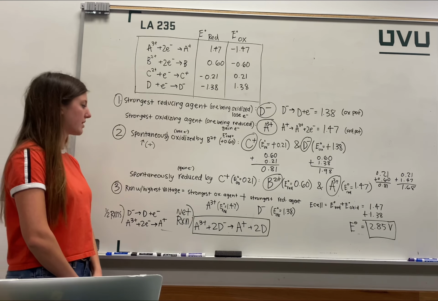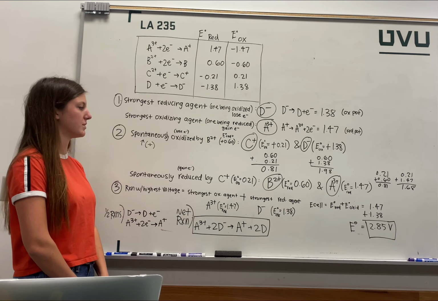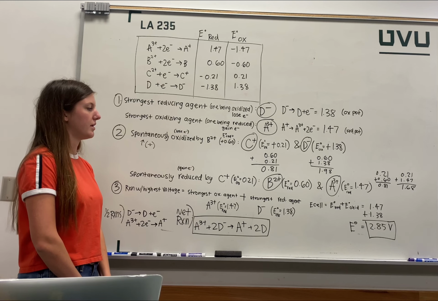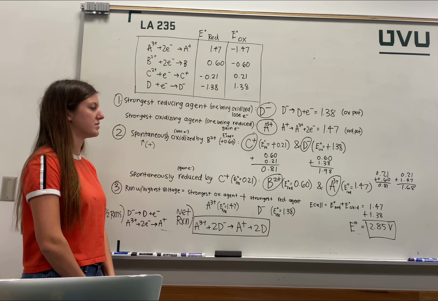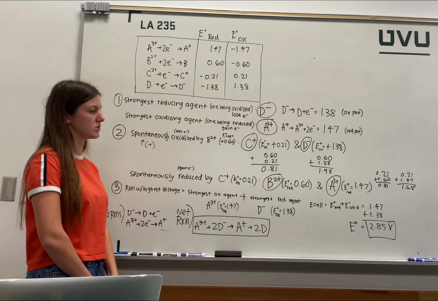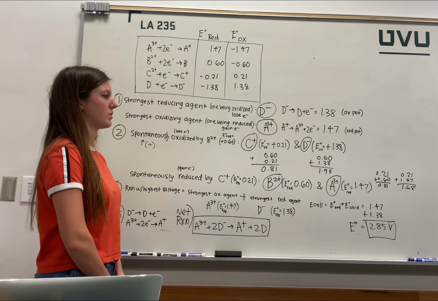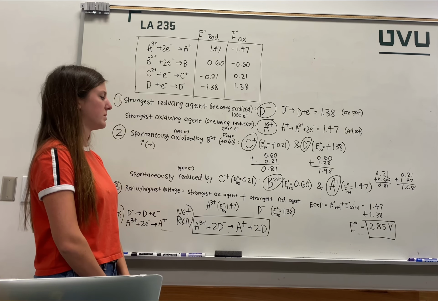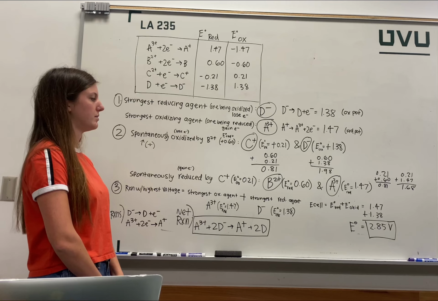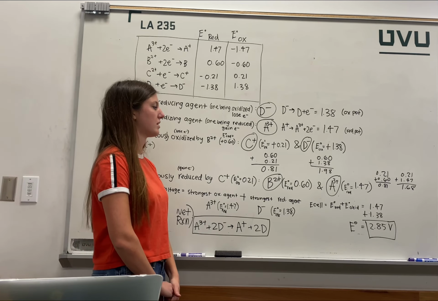We use a similar process to figure out what can be spontaneously reduced by C+. The oxidation potential of C+ is 0.21, so whatever reduction potentials we can add to that number that comes out with a positive number, we know those species can be spontaneously reduced by C+, so we have B2+, the reduction